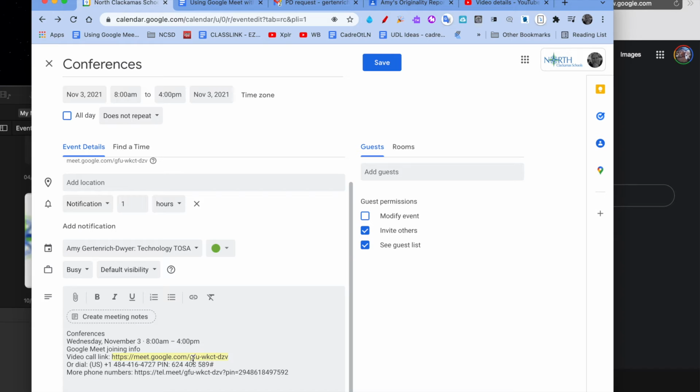If they have a computer with a browser, they can't enter this information. So you can send this link right here to your parents, your students, your guest speakers, and other staff members